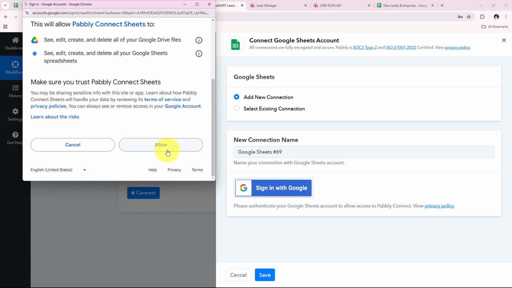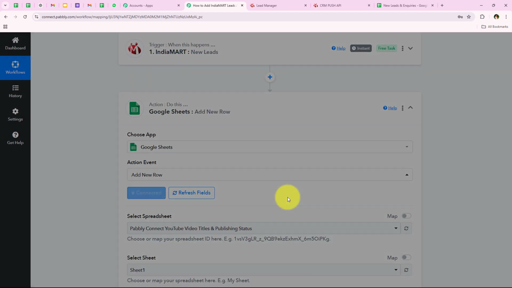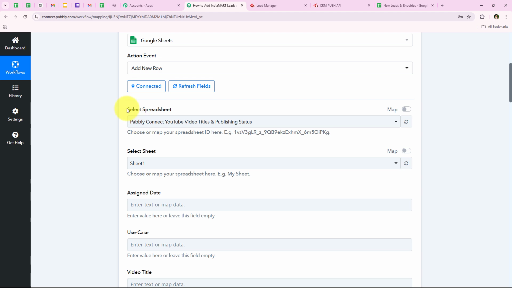You can also click on allow, Pabbly is safe. And as soon as we click on allow, yes, you can see authorization successful. With this we have successfully connected our Google Sheets account with our Pabbly's workflow, and now it is asking me